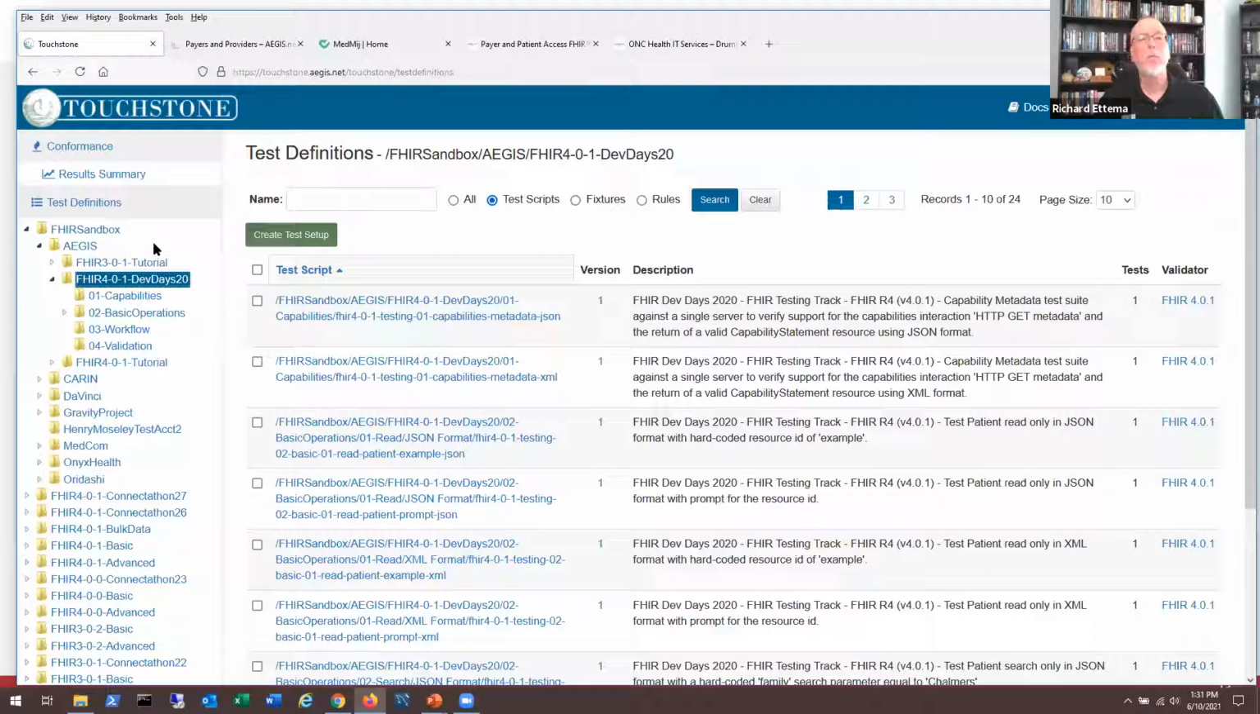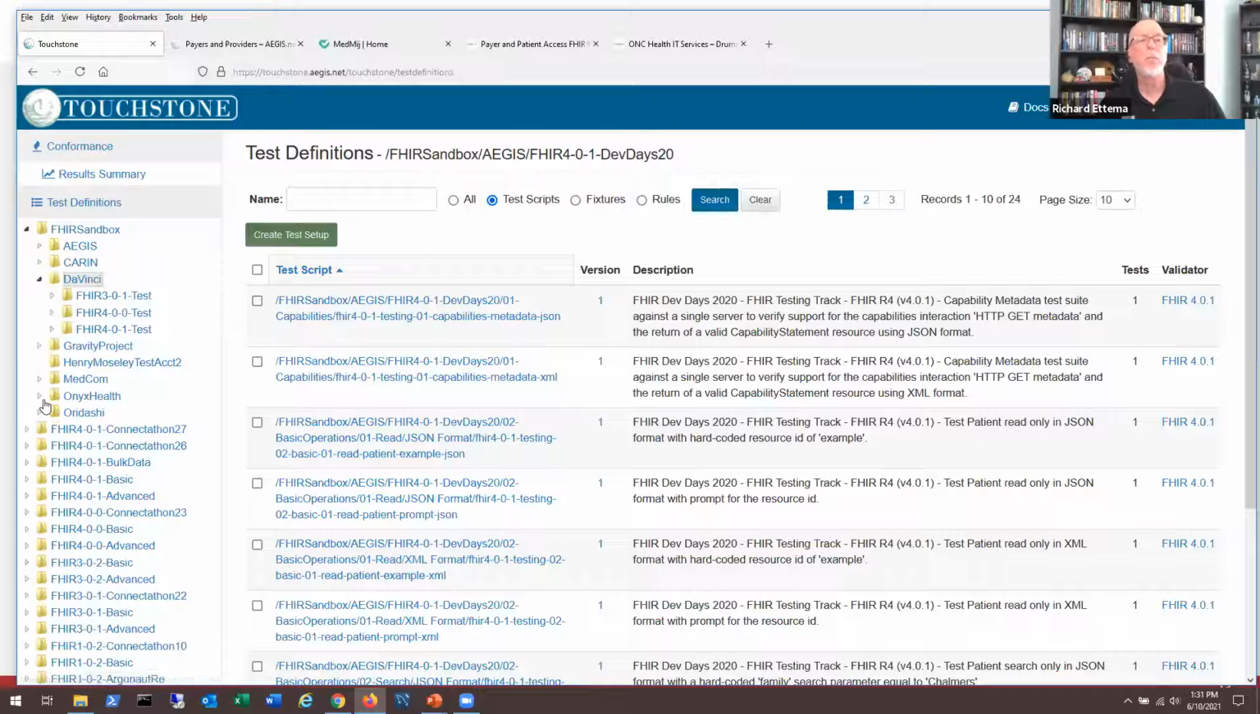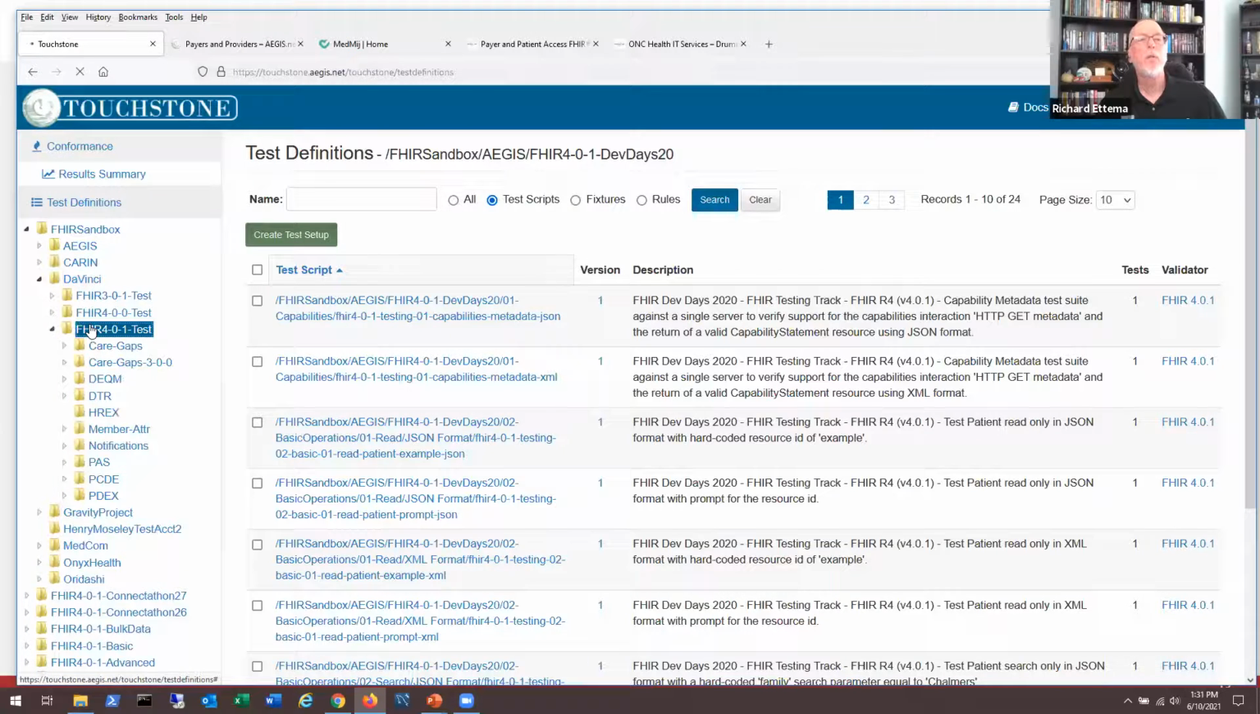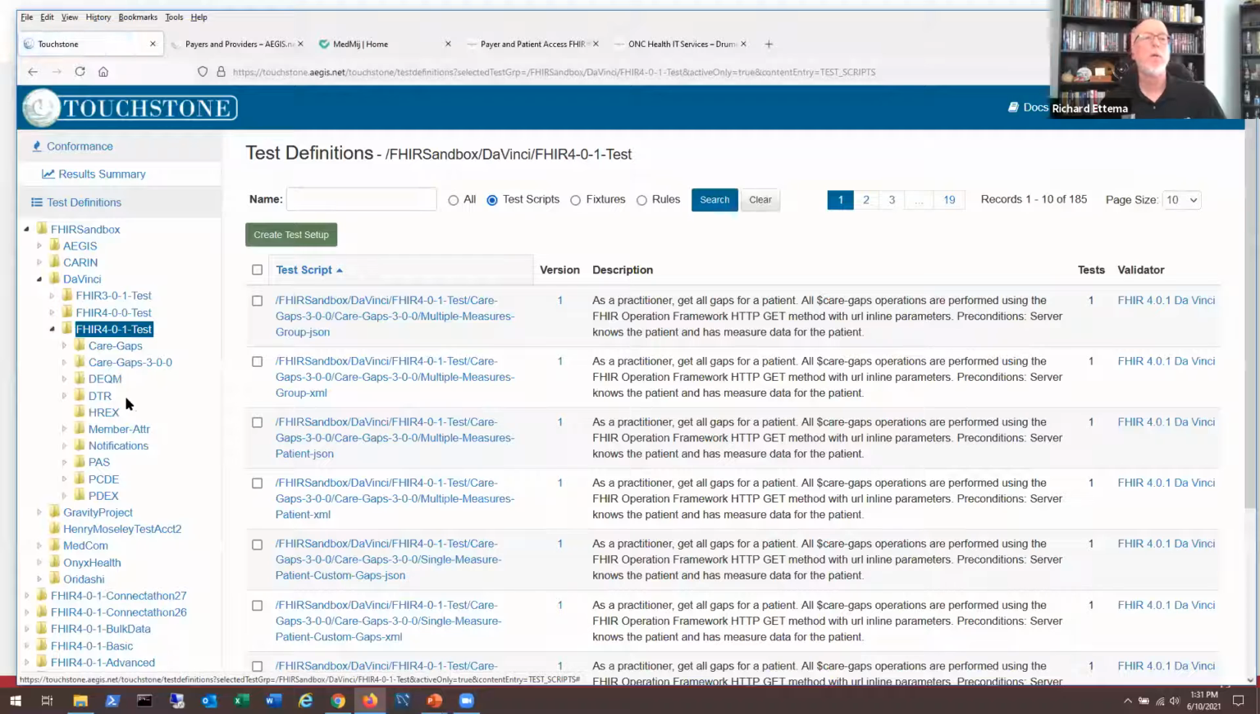And then we have settings from a privacy perspective. So you'll notice these are all publicly accessible. We can see there's some DaVinci ones here. And the DaVinci ones, if I go under 401, you can see here's some of those implementation guides. So these are the publicly available ones. These are not part of the certification program. Likewise, under Aegis,